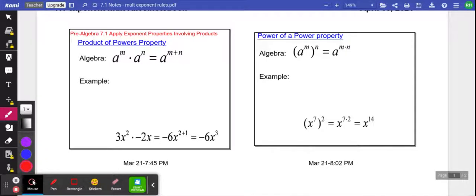All right, you guys, we're going to do 7.1, which is over exponent properties. And today we're going to talk mostly about properties that involve multiplication, okay? So our first property states that a product of powers means that if you are multiplying exponents that have the same base, so the base is this number down here on the bottom, right? If those are the same and it's a multiplication problem, then you are going to add the exponents together, okay? So add exponents